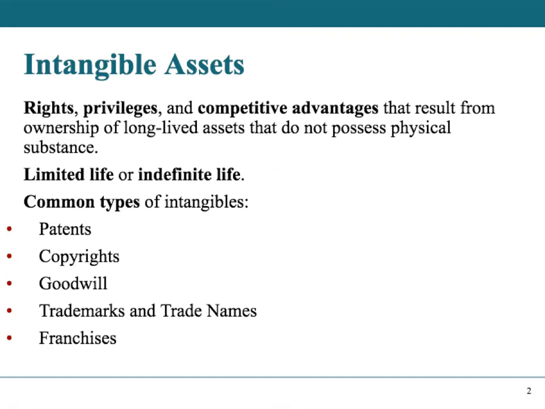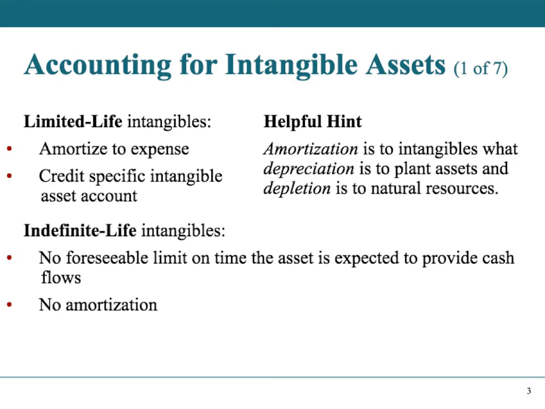Okay, so common types are patents. So that's the right to manufacture something. Copyrights, that's the rights for works of art. Goodwill, we'll talk about this one specifically. Then you've got trademarks and trade names, or franchises and licenses. Okay, so let's take a look at